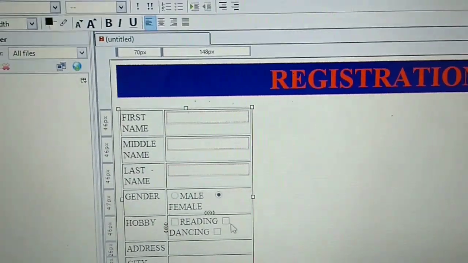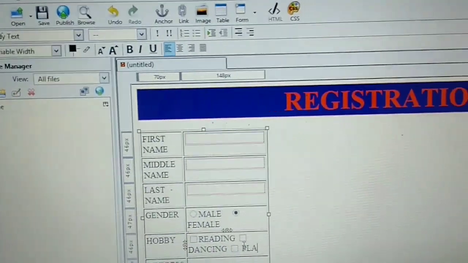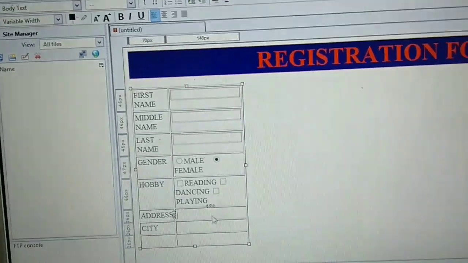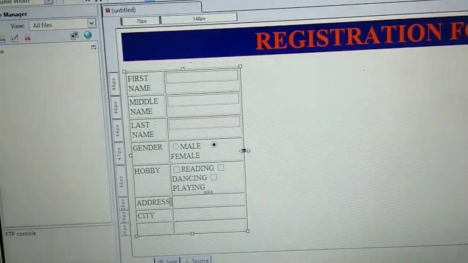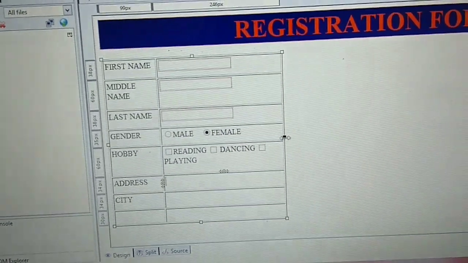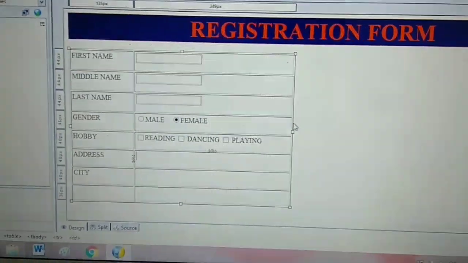OK button. Can you see? Third checkbox. Now write playing. Next is address. If you want to increase your table size, then you can increase it through this small square.